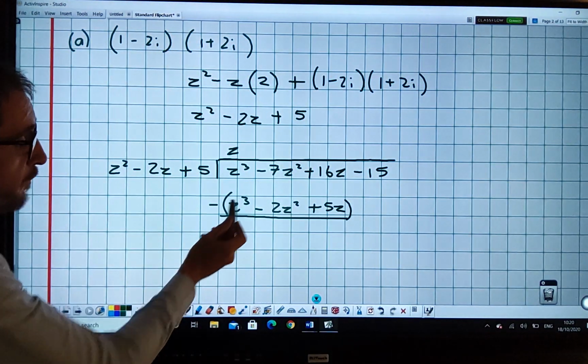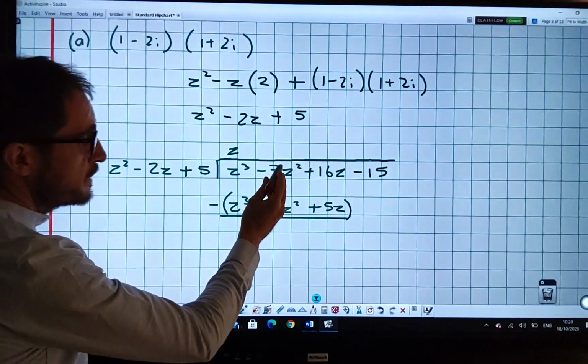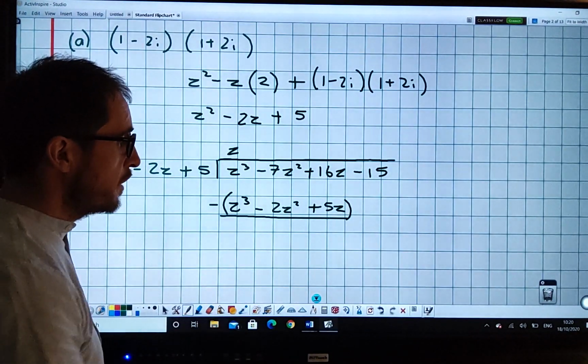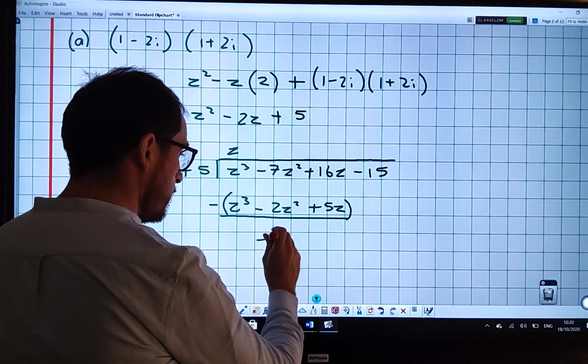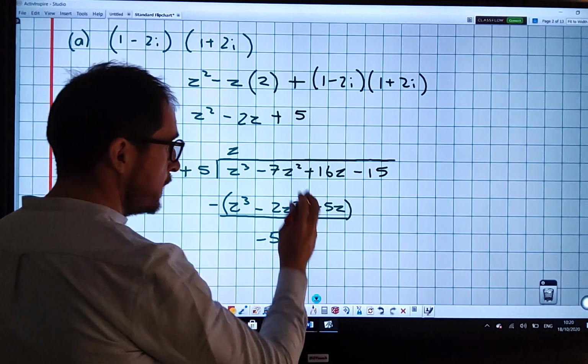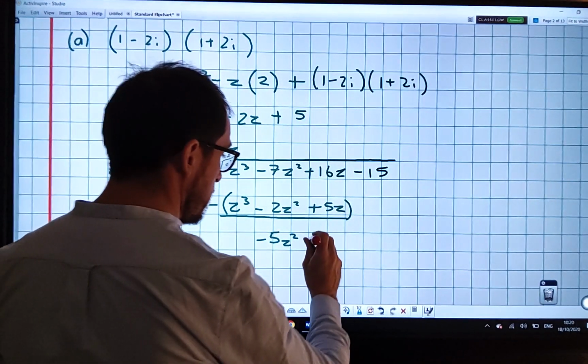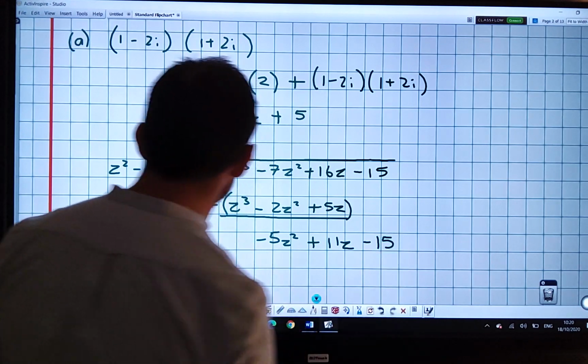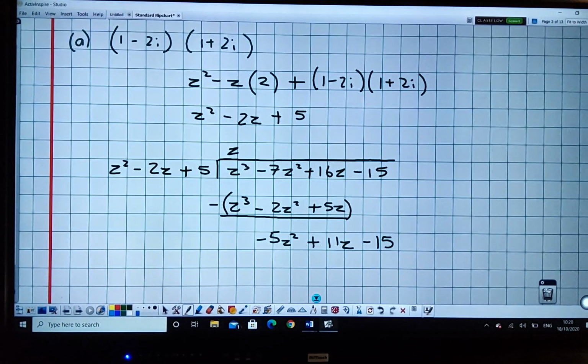Okay, so z cubed minus z cubed cancels. So minus 7z squared, now that's a minus, the minus changes to a plus. So minus 7z squared plus 2z squared is minus 5z squared. 16z minus 5z is 11z minus 15. Okay, now what you're then going to do is, that's going to get you,